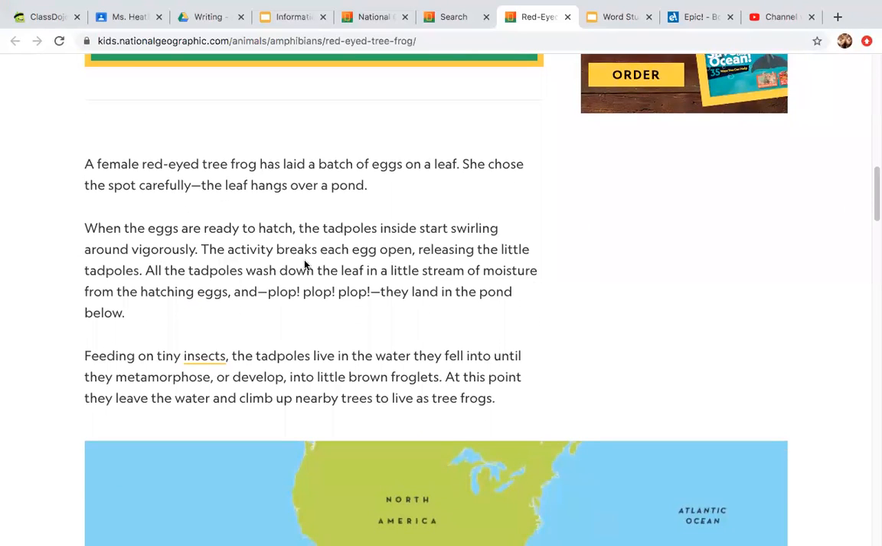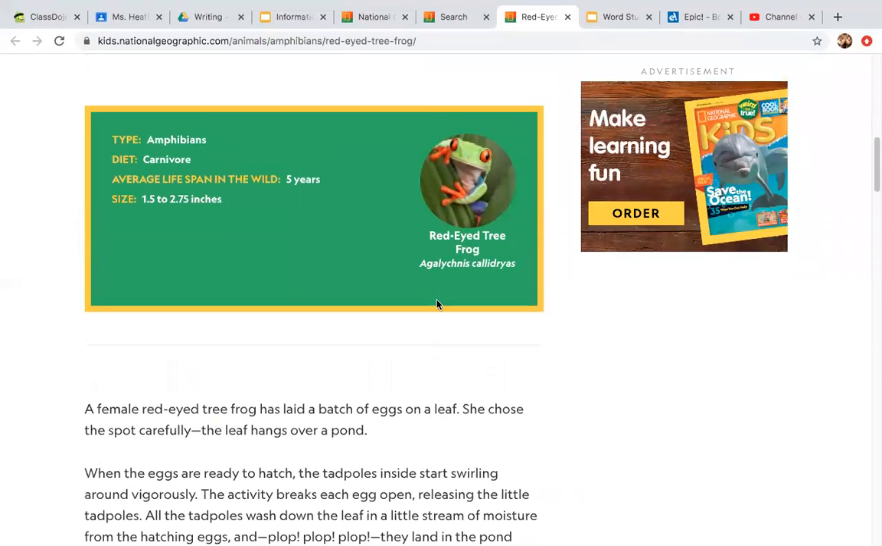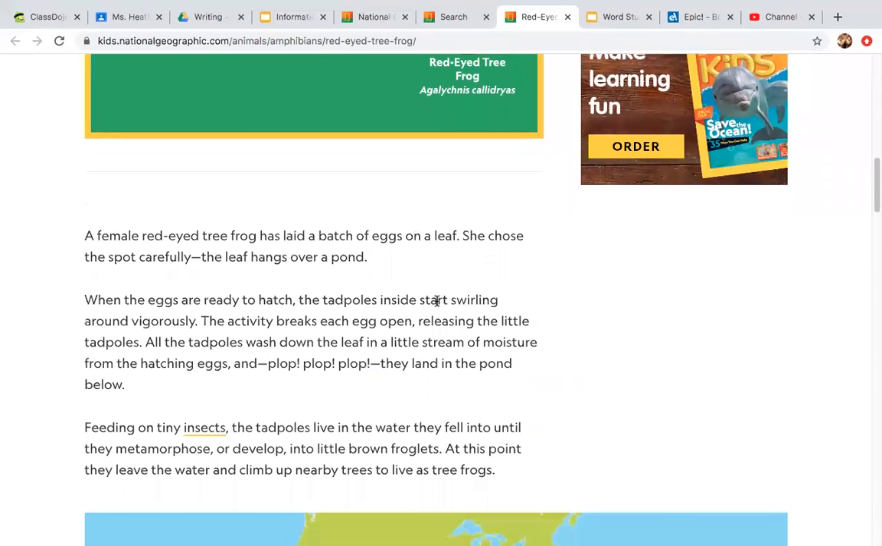When the eggs are ready to hatch, the tadpoles inside start swirling around vigorously. The activity breaks each egg open, releasing the little tadpoles. All the tadpoles wash down the leaf in a little stream of moisture from the hatching eggs, and plop, plop, plop, they land in the pond below. Really cool. So as I'm learning this information from reading, I want to make sure I'm writing these things down